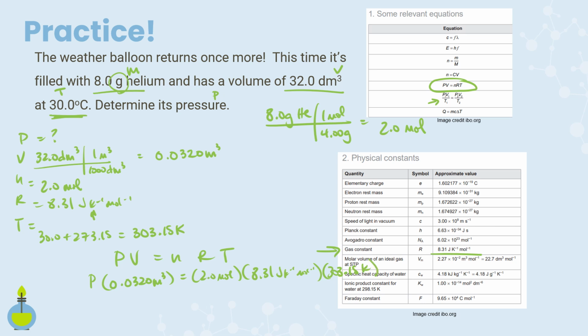All right, how am I going to solve for P? I'm going to divide both sides by the volume, 0.0320 cubic meters. What's going to happen? Moles cancels out and Kelvin cancels out, and we're left with joules per cubic meter, which is the same thing as a pascal. So now our pressure is going to be equal to 2 times 8.31 times 303.15 divided by 0.0320, and our grand total is going to be